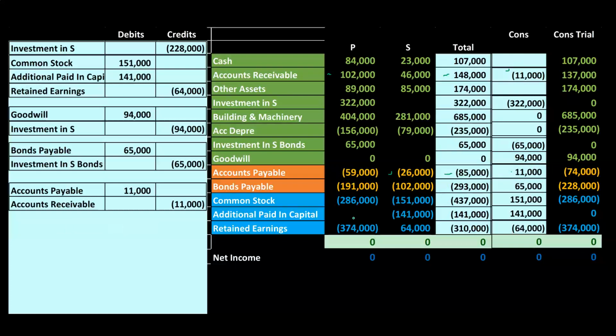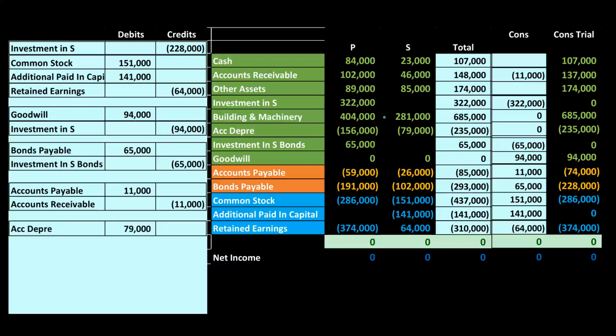Then we've got our standard kind of depreciation transaction we saw in prior presentations. You'll recall that this accumulated depreciation for S at the point in time of purchase, we want to net in and just report the book value at that point. Now note, it's been a year later, or actually this is the same year. There has been no activity, so that's 79,000. We want to net it into the 281,000.